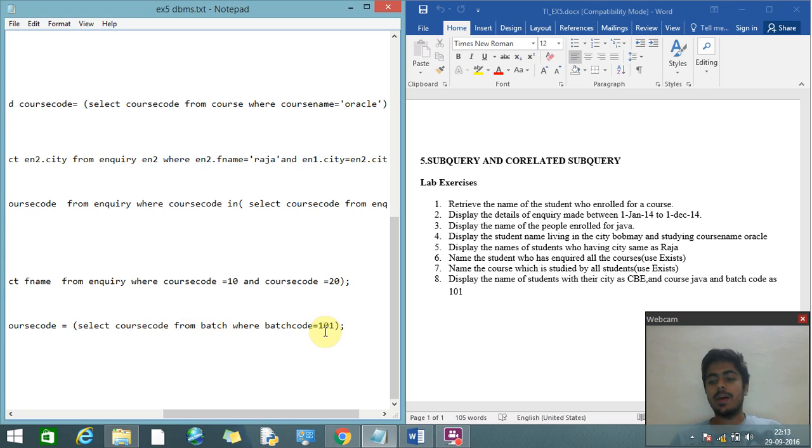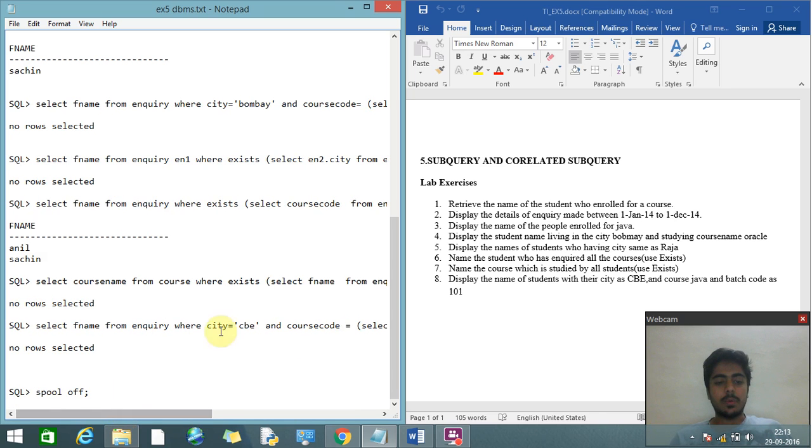We compare it for the person who has batch code 101 and lives in CBE. We see that no such person is there, so when we enter this query, no rows are selected.